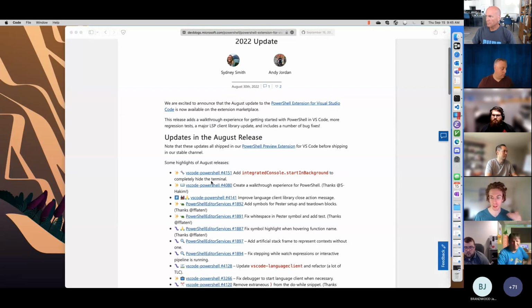You know, I probably talk about LSP all the time, with PowerShell editor services being the server side of this. In the client, which is the extension itself in VS Code, that TypeScript code, we actually use a library mostly maintained by the VS Code team, that is the client side to actually communicate with that server. They went through a huge update that we had on our radar to pull in for quite a while. I went through the process of getting that library updated.